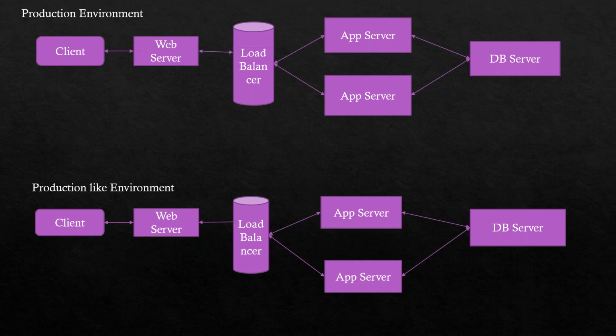Otherwise you should not test it, or even if you test it, you cannot guarantee that the results you are getting will be the same in production. For example, in production there are 2 application servers, and in our performance testing environment there is only 1 application server. If you test and get, let's say, 5 seconds because we have only 1 app server, in production you may get less than 2 seconds.